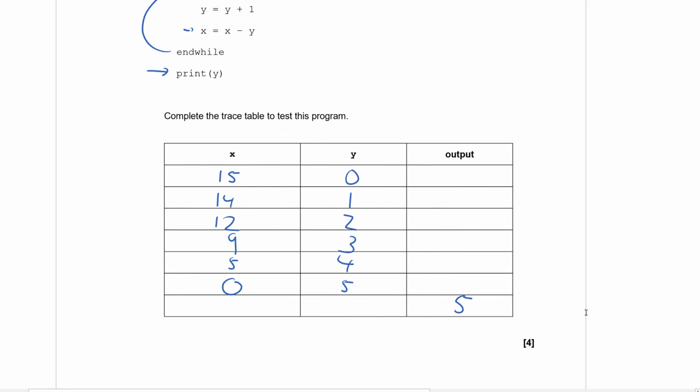So it just requires a lot of concentration to go through it, and please don't jump ahead. Don't try and predict what it's doing, because occasionally there'll be some tricks put in where you've got to follow